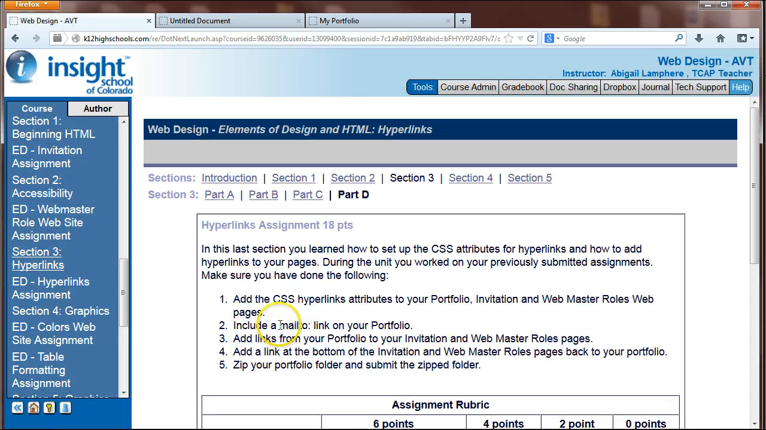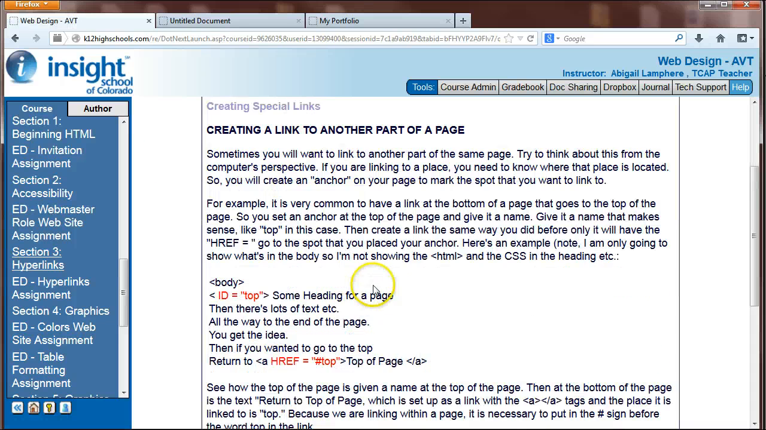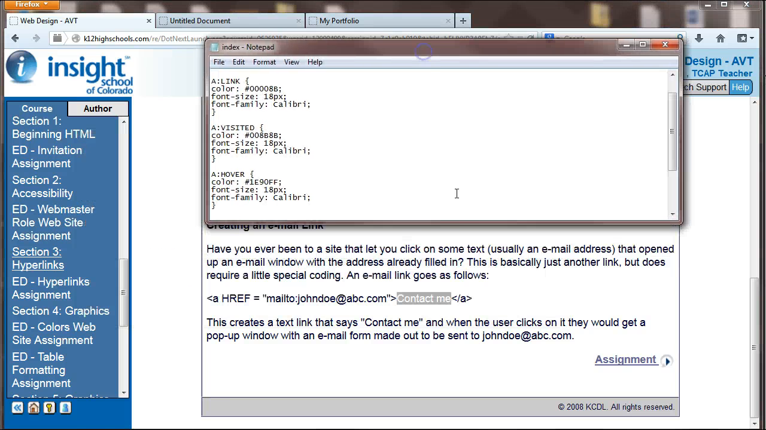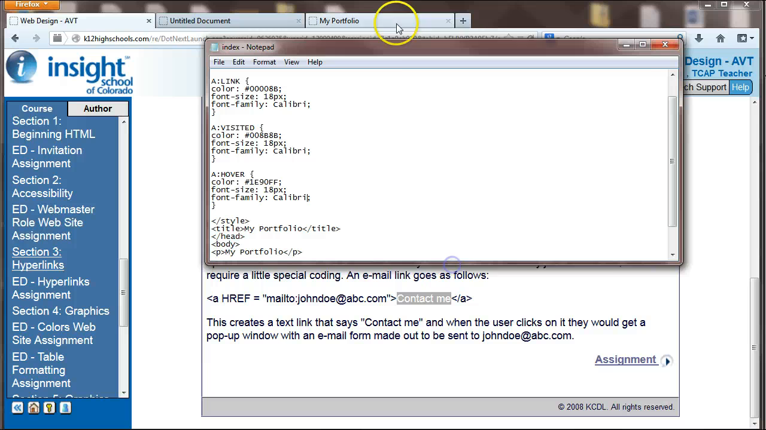Okay, the next thing we want to do on our portfolio page is add this mail to link onto our page. So let's check that out in part C, I believe is where they provide us the code for linking to an email address. Yep, so pretty similar to our other link tags, only we insert this special text to connect to an email address, and then we can put whatever text we want to be displayed for someone to click on. So let's go back to our notepad, and we're going to add in